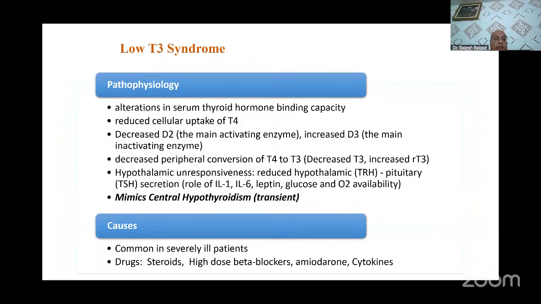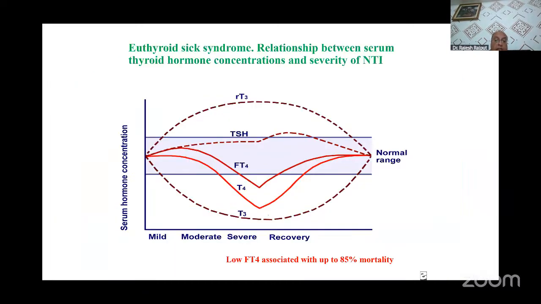There are many reasons. We will not go into the pathophysiological details, but remember this type of thyroid function test is quite common in severely ill patients. Apart from that, severely ill patients are on steroid therapy, they have a cytokine milieu. All these things are responsible for causing such changes in thyroid function test. Now, as you see very clearly, depending on severity of illness, initially T3 is reduced. But as the severity of illness progresses, even T4 starts reducing, and in a markedly sick patient, all three, T3,